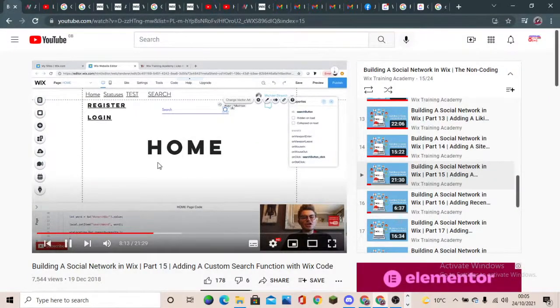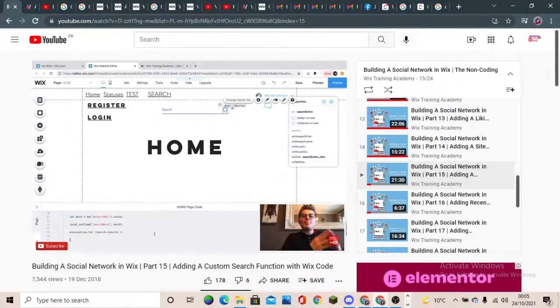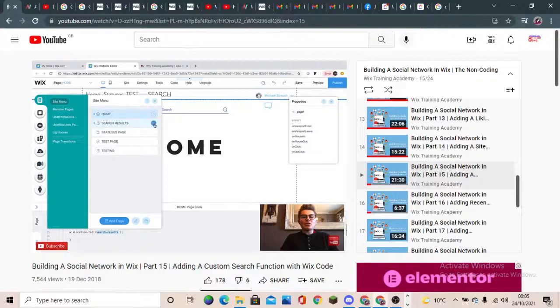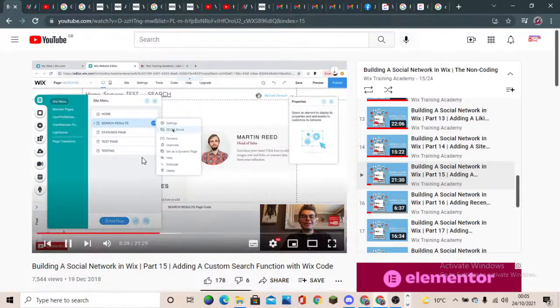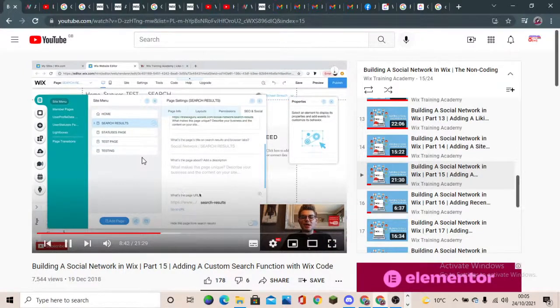The essential part is this Wix location dot to. You can see mine says /search-results. This is where part 1 in yesterday's video comes into play. In part 1, we built out our search results page. So in order for me to get this page extension, I have to go back to menu and pages, go to search results, and click on the page SEO and social. When I click on that, I scroll down and see the page URL, and you can see it says /